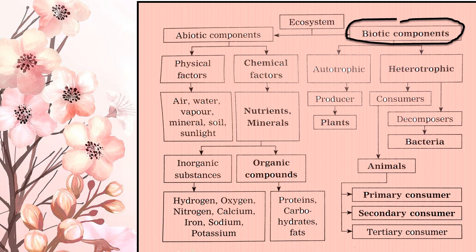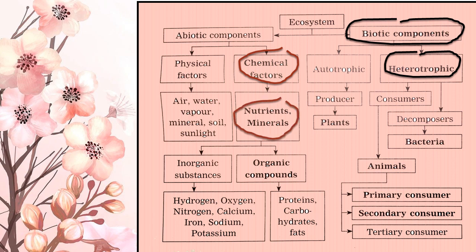Under the abiotic components we have two factors. First is the physical factor and second is the chemical factor. And under the biotic component, that is living things, we have two factors: autotrophic and heterotrophic. Autotrophic, like plants, prepare their own food with the process of photosynthesis. And heterotrophic means these depend on other organisms for their food. So in autotrophic we have producers like plants, and in heterotrophic we have consumers,